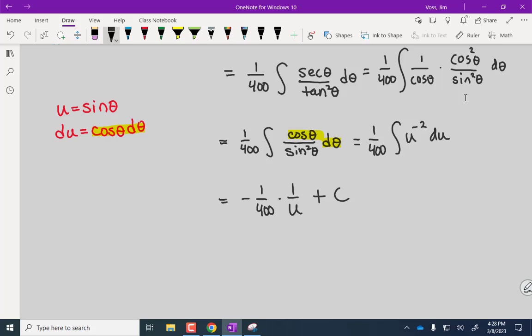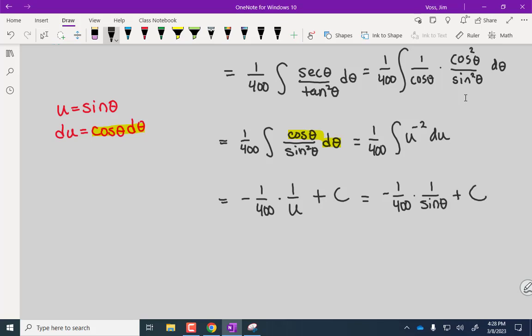So minus 1 over u. Okay, so then minus 1 over 400 multiplied by 1 over sine, which you could write as